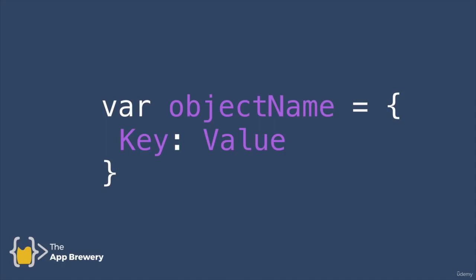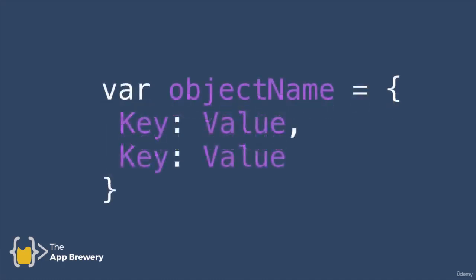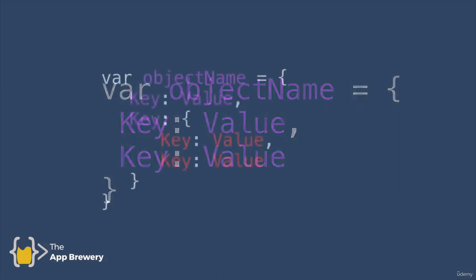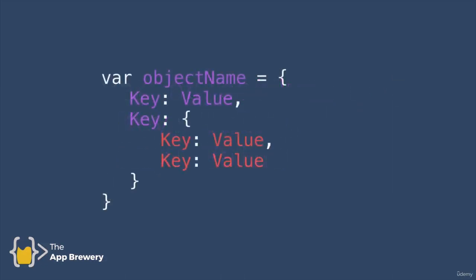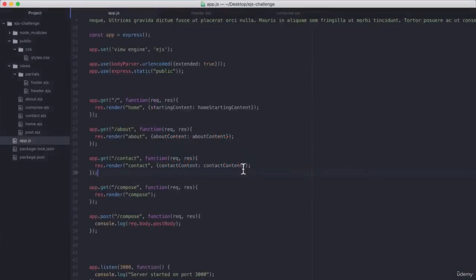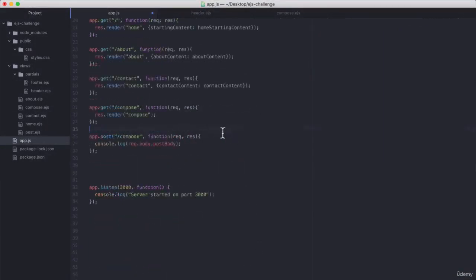Then you have an equal sign and you open a set of curly braces. Now, inside the curly braces, you have your key value pairs, and you can have as many pairs as you wish, and you can even nest key value pairs as the value for a particular key. So in this case, the key and values that are in red is actually bunched together as a value for the second key. So with this refresher on JavaScript objects in mind, let's head over to our app.js and